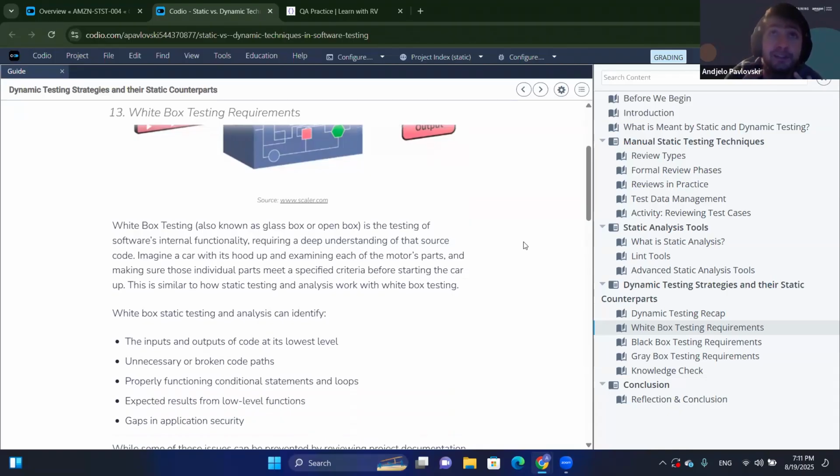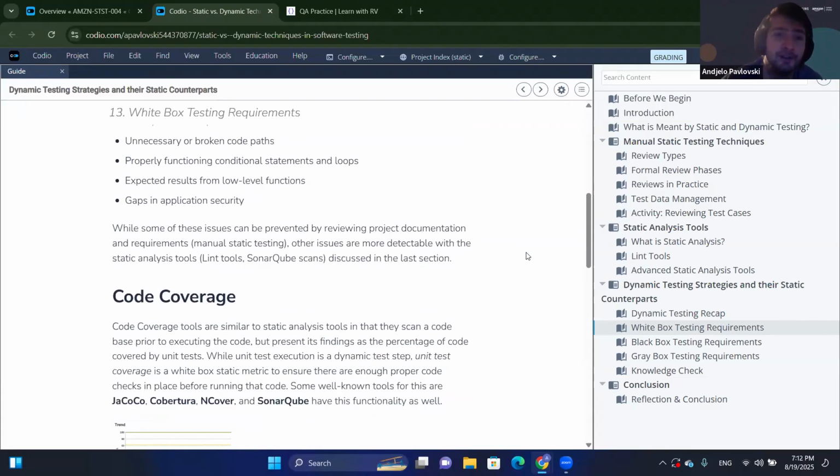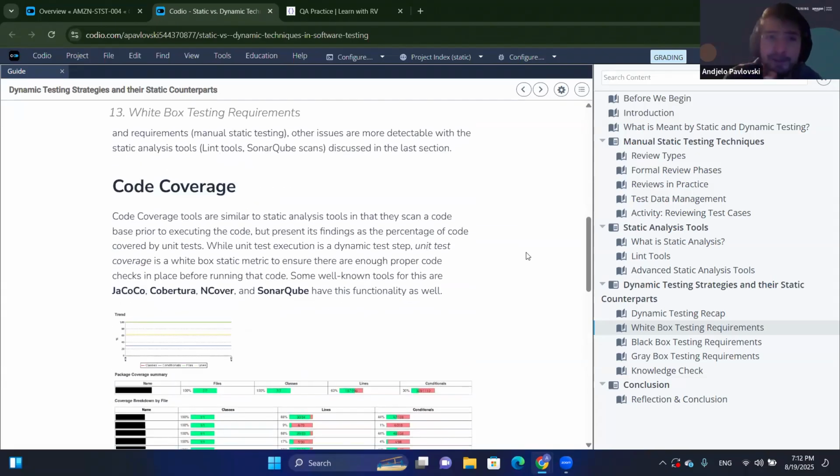So you can basically, as Ina said, be reviewing the code. But just by doing this, you're performing static testing using a white box approach. So white box, while it is, of course, as Valentina mentioned, dynamic, that is true, you can still perform static testing on it. One of the examples is reviewing the code. Now, another way, which is, I would say, a bit less familiar to the majority of QAs, even with experience,